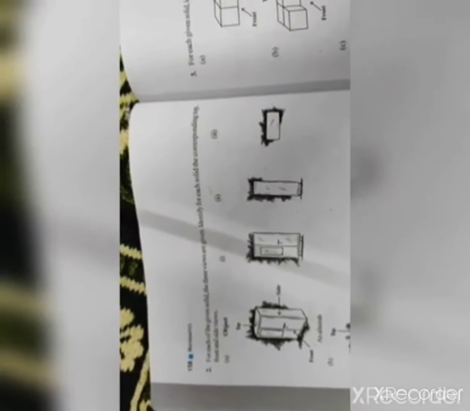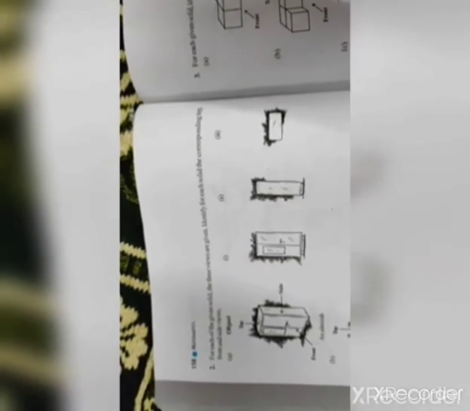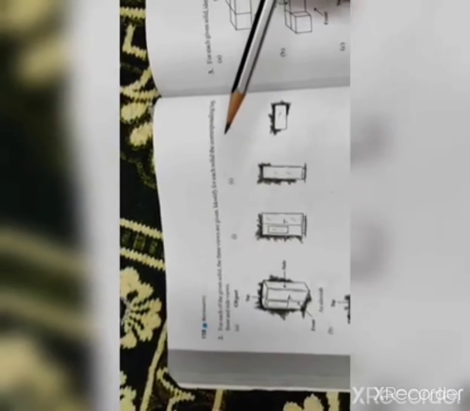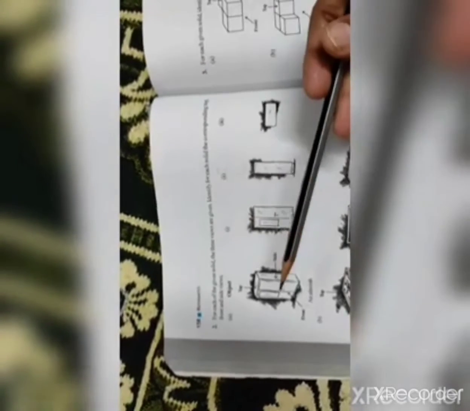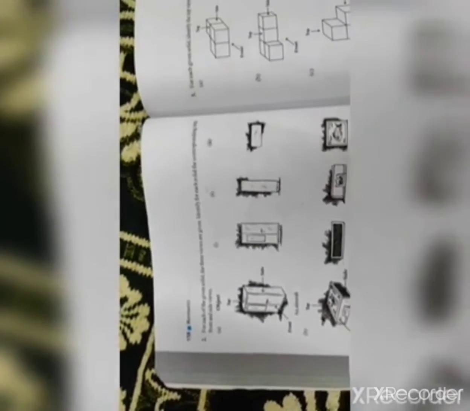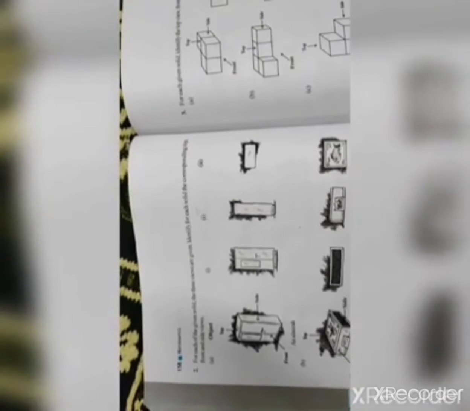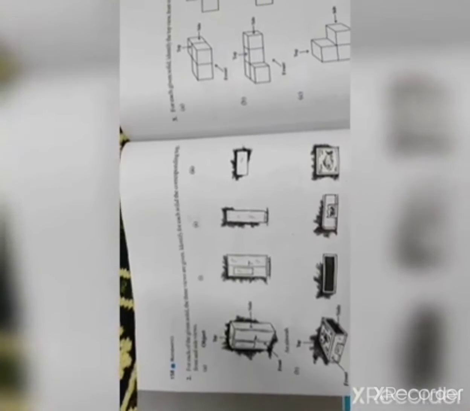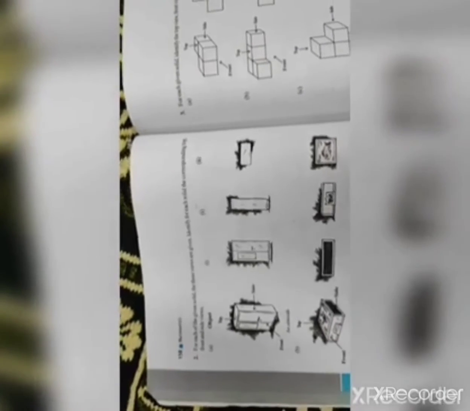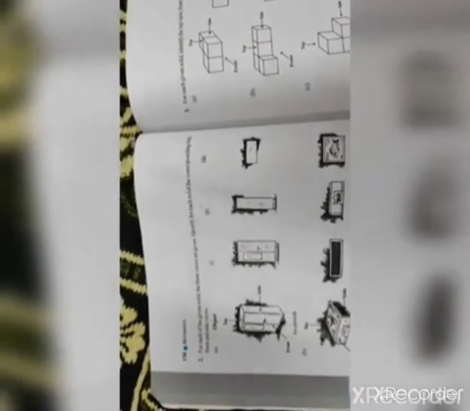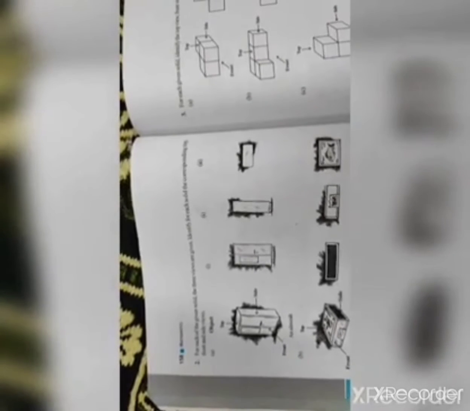Okay. In the second question, for each of the given solids the three views are given. Identify for each solid the corresponding top, front and side view. So you can see front, side and top. Children, imagine, if there is an almirah at your home, try to see it from different positions, or a matchbox.